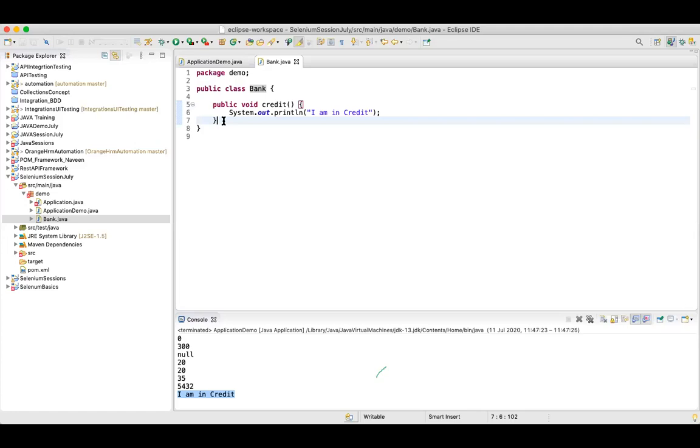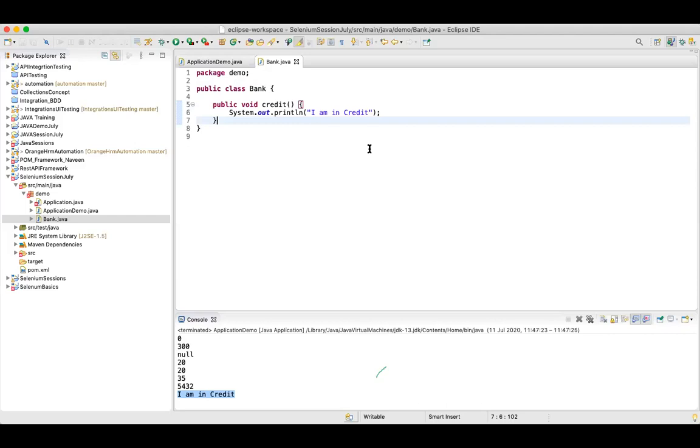So now let's move towards the next concept, which is the constructor. Now, what is a constructor in Java? The way we have methods, the way we had the main method or this credit method, in a similar fashion, there is a constructor.